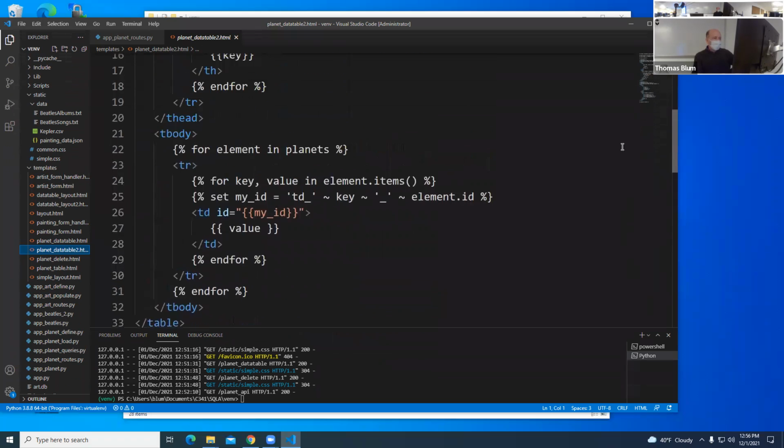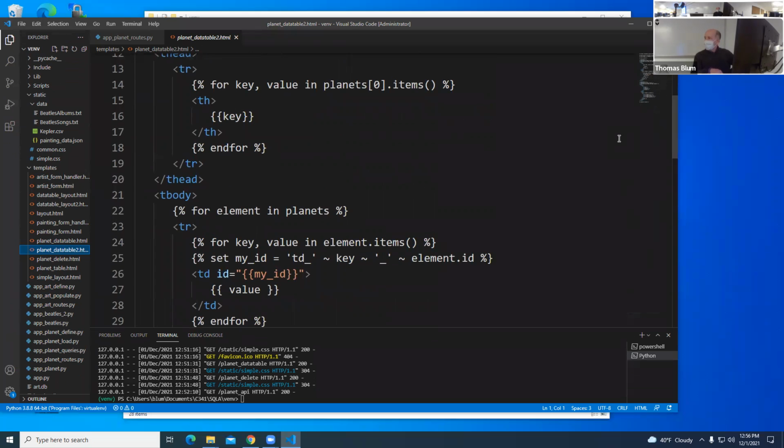I don't have to get rid of the weird underscore SA instance thing, because that wasn't in my query. Instead of doing select star, I'm saying what I want, and I didn't ask for that thing, so I'm not getting it, and I don't have to worry about getting rid of it. So that's one thing. And I'm putting IDs in this table, so we should look behind the scenes and we'll see these IDs.